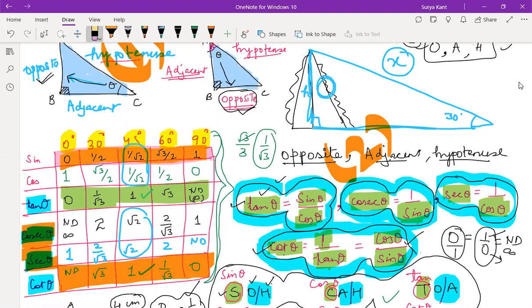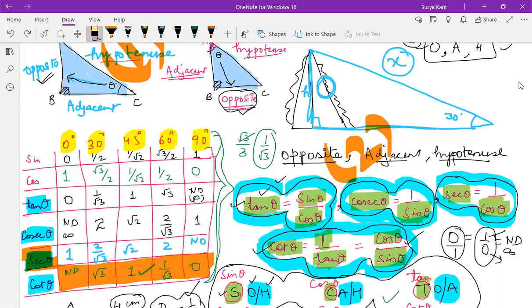Sine, then cos zero value is what? Cos 0 is 1. If you remember sine, write the opposite for cos. Then if you know sine and cos, tan is the ratio of sine by cos. If you divide sine by cos, you'll get tan. Again, cosec theta is the reciprocal of sine theta.